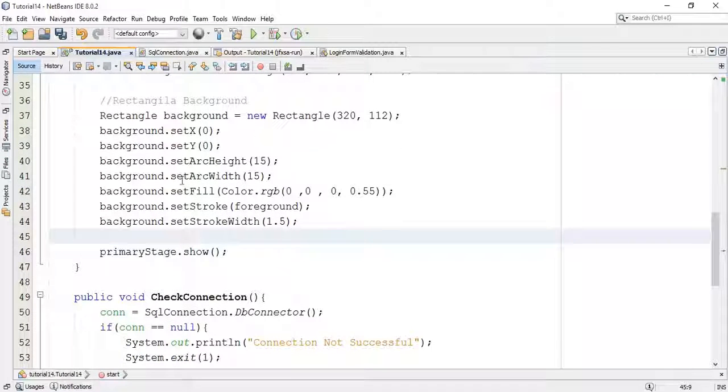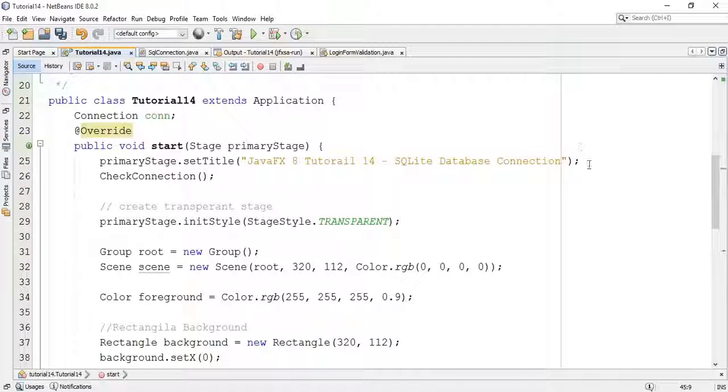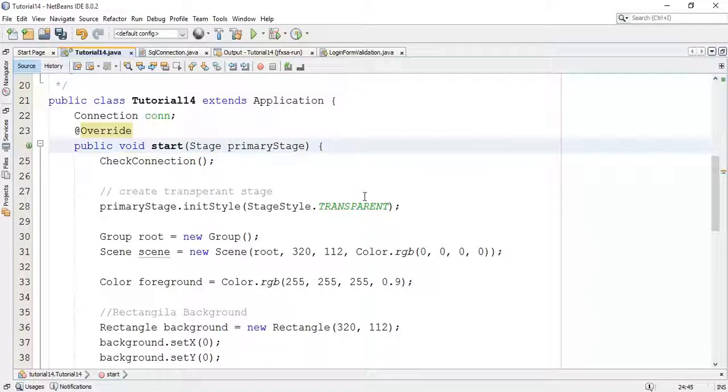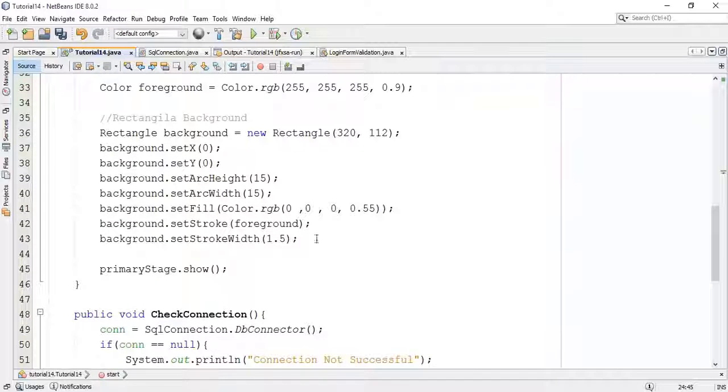Then we have taken a rectangular background of 320 by 112, the same as the scene size, and I'm going to delete this. So this is the 15th tutorial on database connection. These are the parameters for the rectangle, or you can refer to tutorial 10.